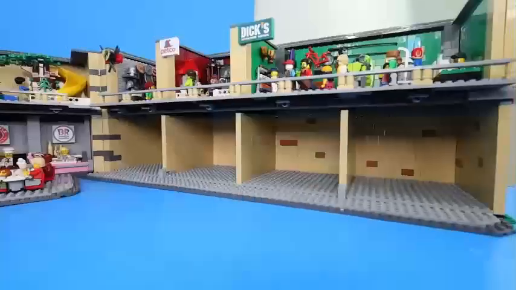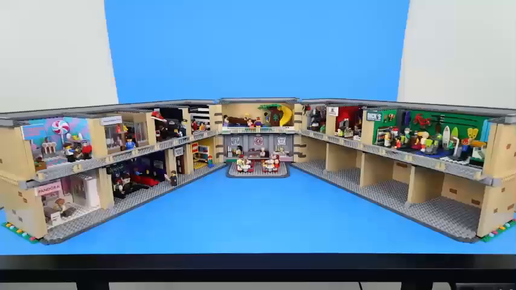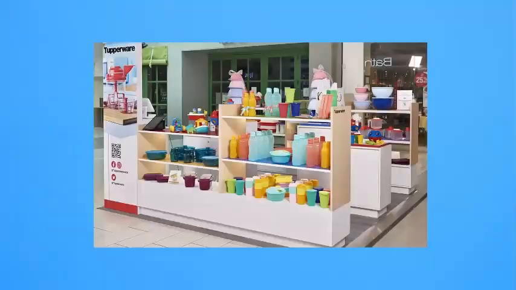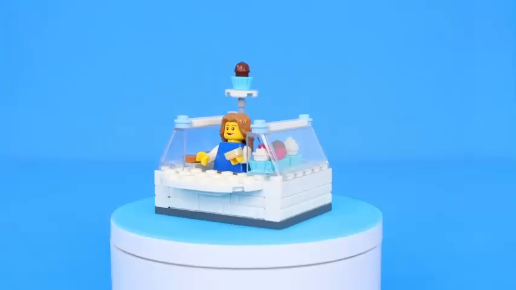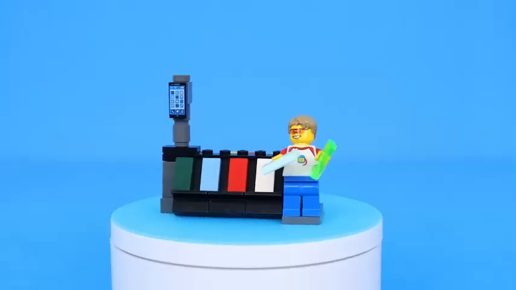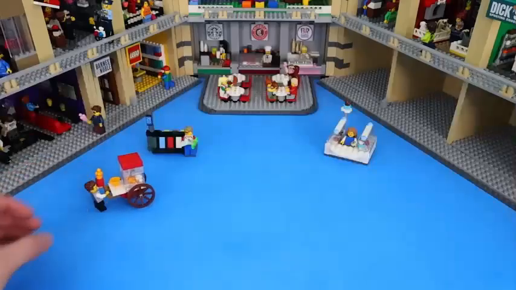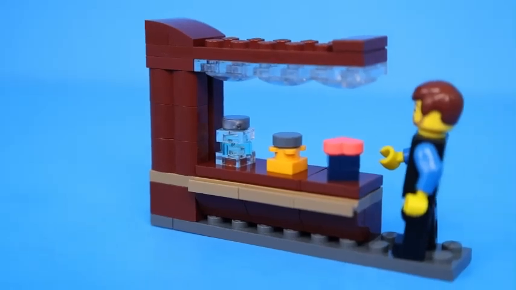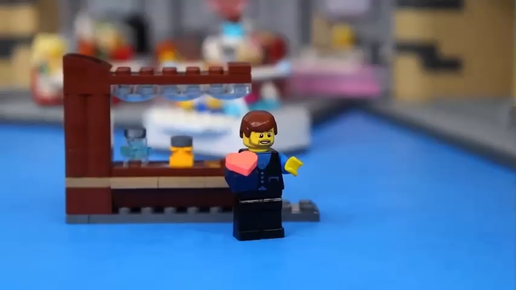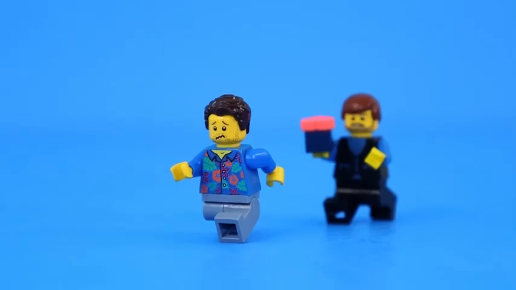Okay, we've approached the home stretch, but one thing every mall has that ours doesn't are some kiosks. So here's one that sells some delicious baked goods. This one sells a bunch of phone cases. I also made one of those old school looking popcorn stands. And here's one that's selling some cheap fragrances. Just be careful because they're pretty relentless when they want you to try a sample.